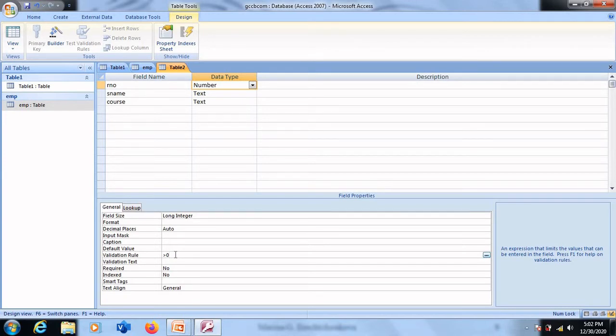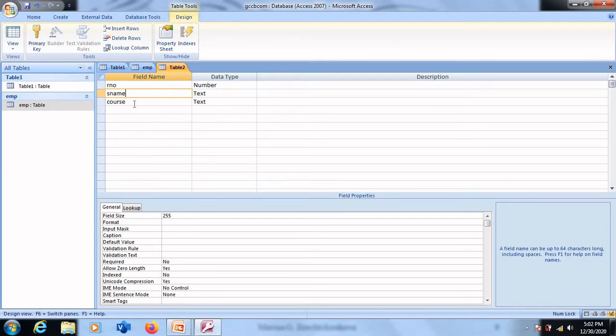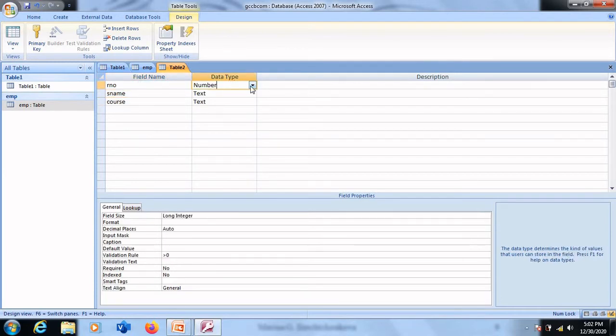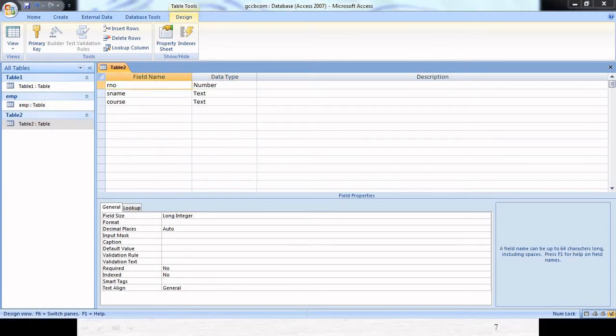So this is the first phase of table design, wherein you should mention the column headers, which are called field names here, and also for each column header, you should select a proper data type. Look at the number of data types.